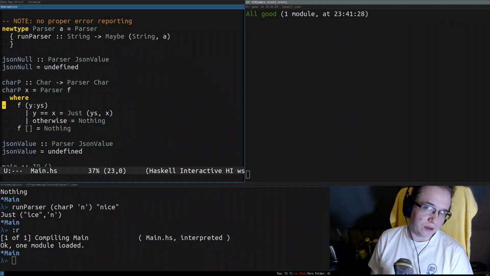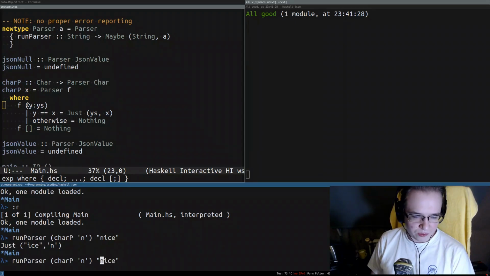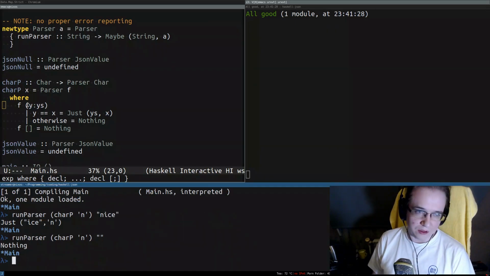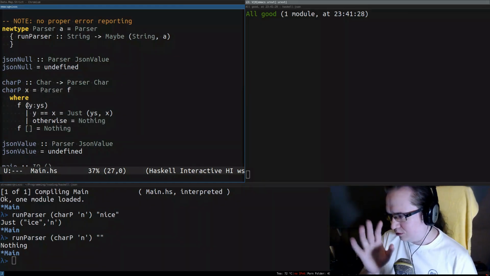Yeah, I think we'll have to process it directly anyway. Yes. And it's supposed to still work. So we have nice. If it's empty input, it's still going to be nothing. But I think syntactically, just visually, it's just a little bit better than the mess of lambdas and stuff